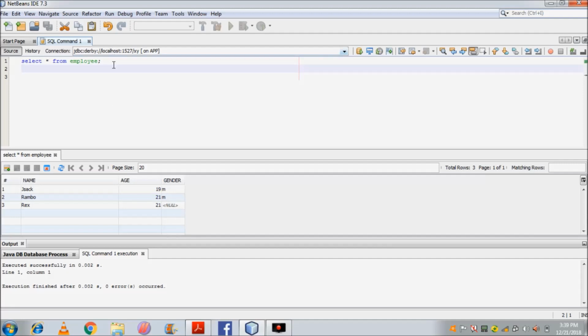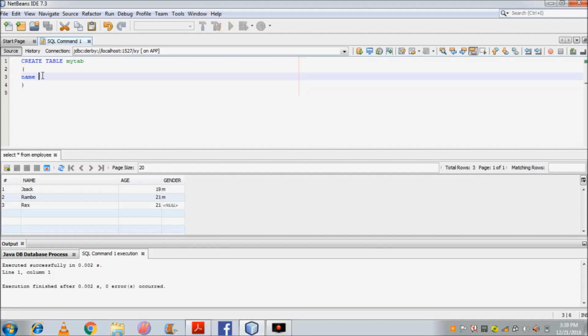Suppose I don't want the null value to be stored in the table, so what I will do, whenever I create a table, right, I will specify that for these columns null value should not be stored. So how will I specify? Suppose I create a table. Create table my tab, right? And in this table there are three columns, name,